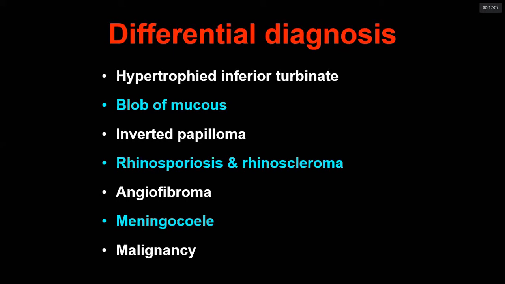A blob of mucus. The color is similar. So how do you differentiate it? You differentiate it by suction. When you do the suction, the blob of mucus will be pulled inside the suction machine, but the AC polyp won't be. Then inverted papilloma. It may become difficult for you to diagnose it, right? But the color is different and it may bleed on touch, right? So this is an intermediate condition. It is not benign, not malignant, an intermediate condition, okay?